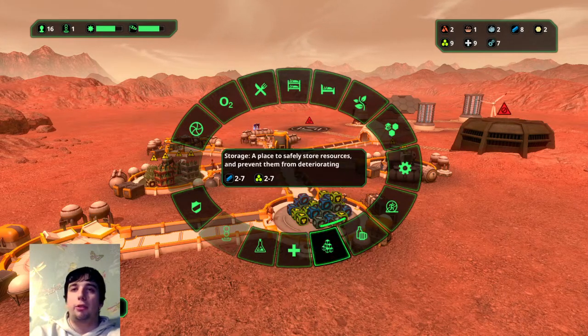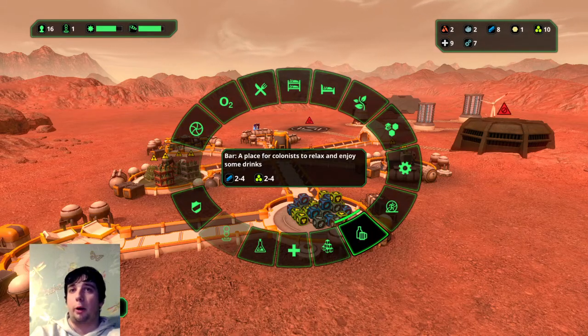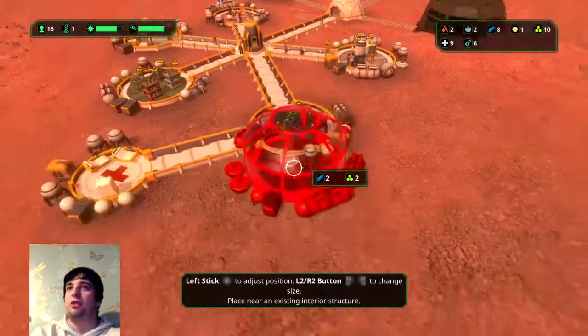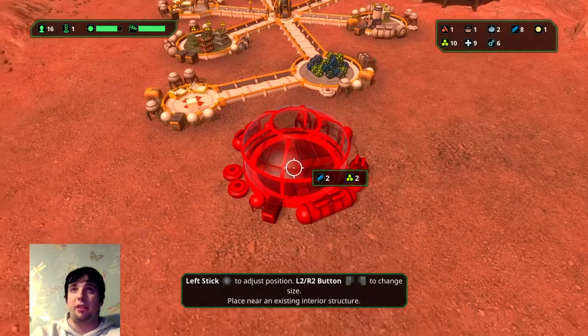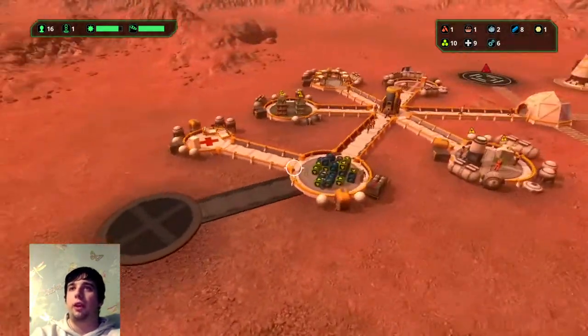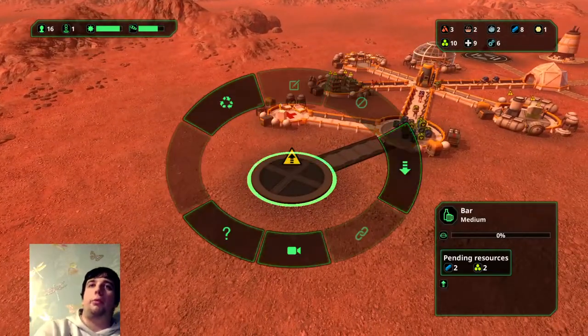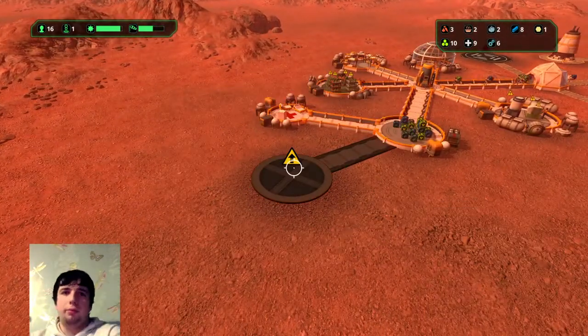Righty. I was going to build something then. So yeah, after that, you just want to build a bar. Not essential. This would probably be wasting your resources, if anything. But it is sort of good just to keep your guys happy. So once we get this building, we can...